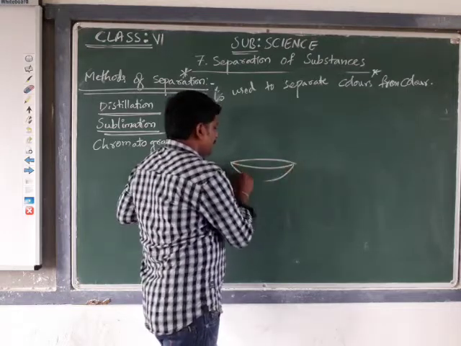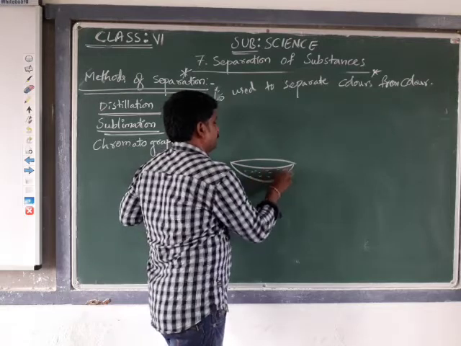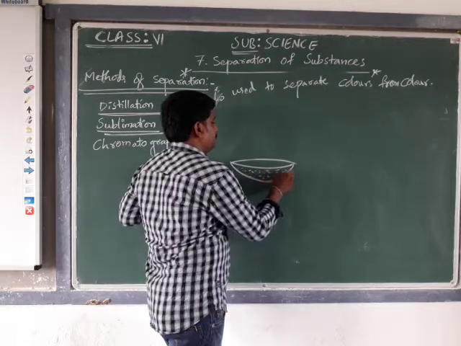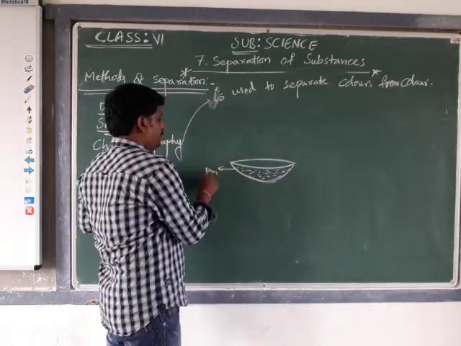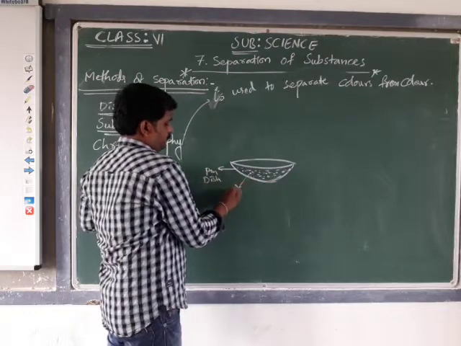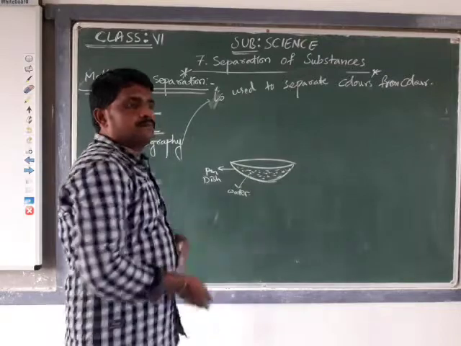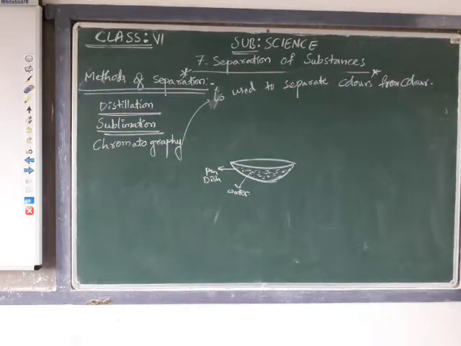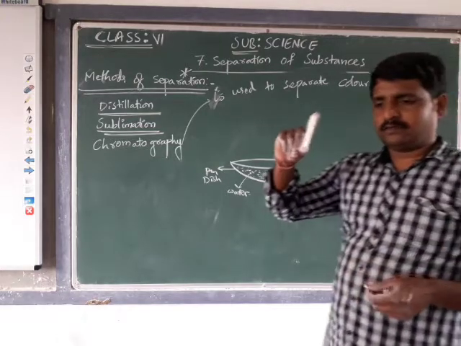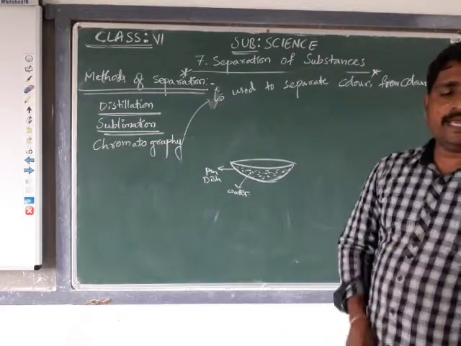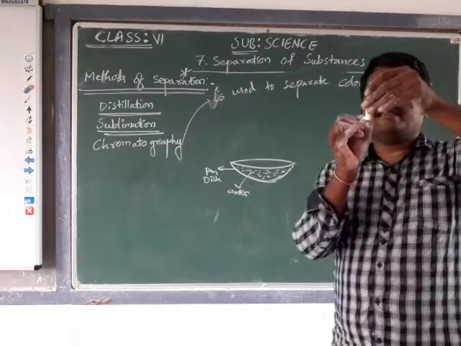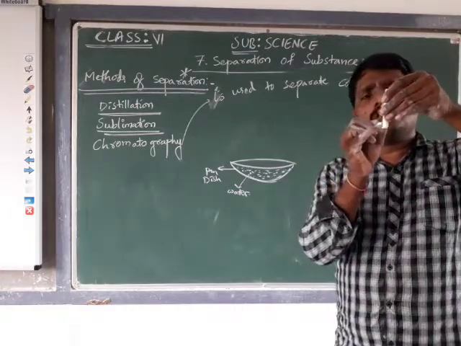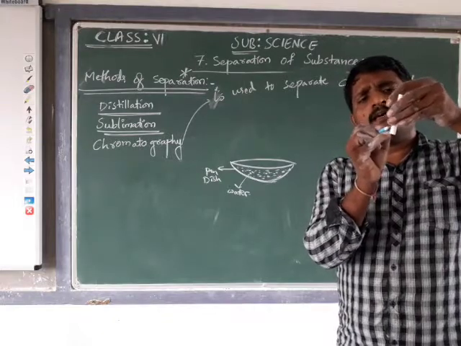Take some water in a pan or dish. And we have to take a chalk piece, a long full chalk piece. For this chalk piece, we have to draw a line around it with a marker.